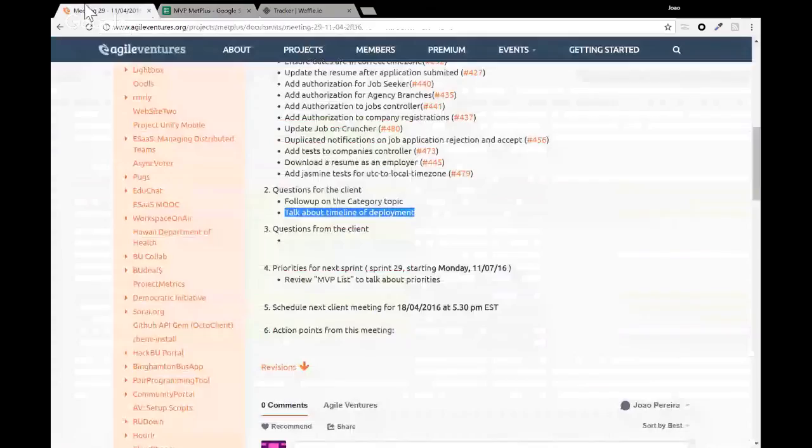Okay, so this is our timeline point here for the deployment. In this sprint, I'm going to try to push to see if we can get a good solution. Right now we are hosting everything on free services, so at least in the first couple of months I'd like to keep it like that, to make sure everything is working.